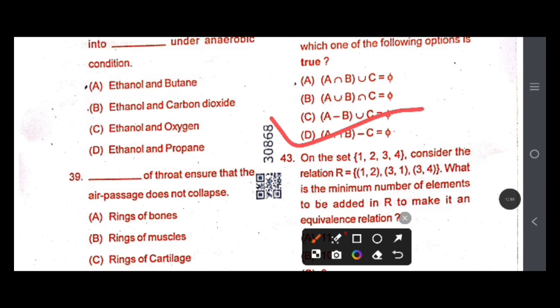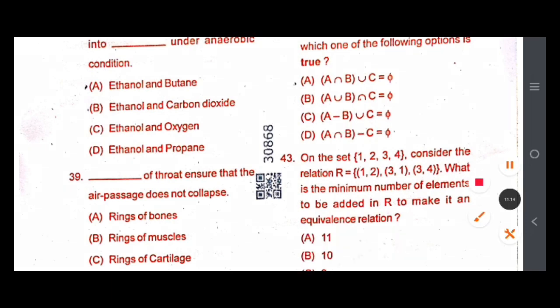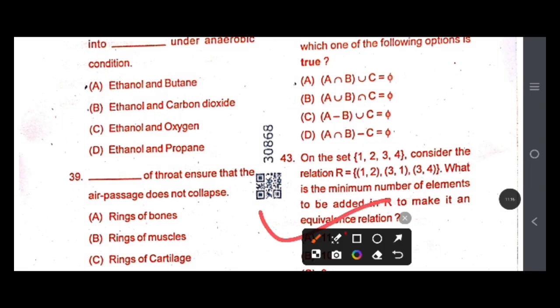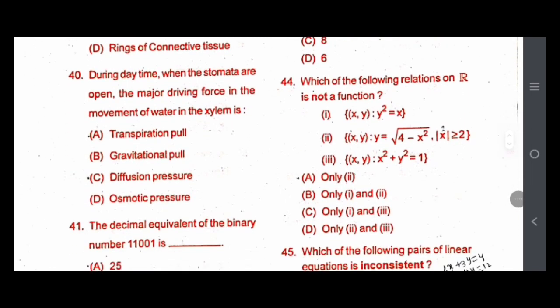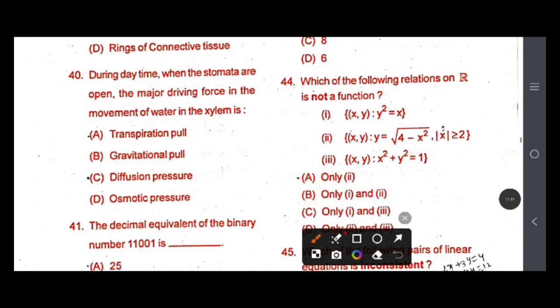Question number 43. On the set {1, 2, 3, 4}, consider the relation R = {(1,2), (3,1), (3,4)}. What is the maximum number of elements to be added in R to make it an equivalence relation? The correct answer is 11, option A. Which of the following relations on R is not a function? The correct answer is